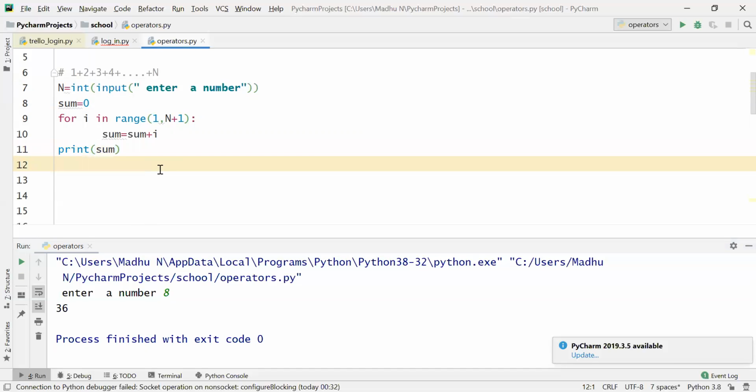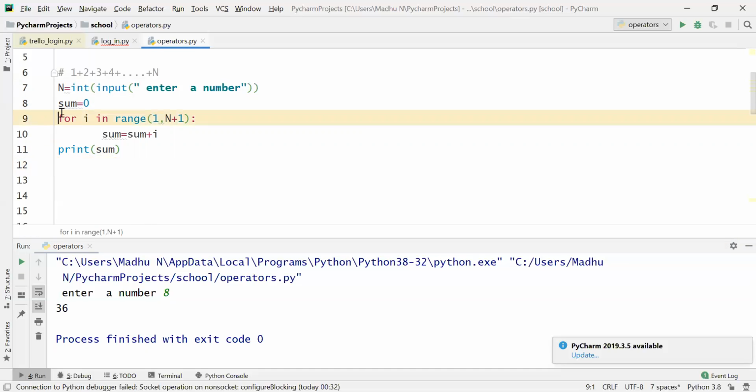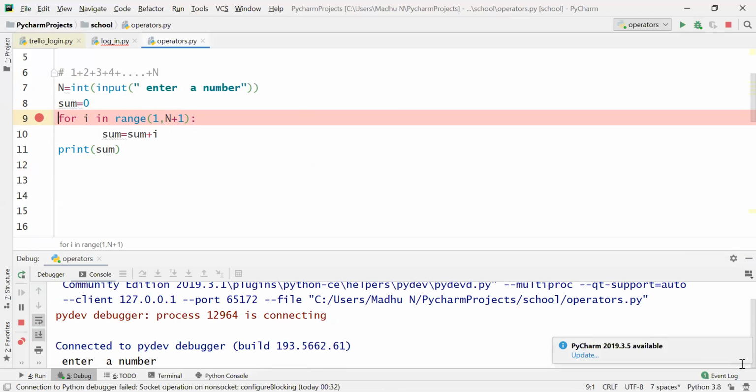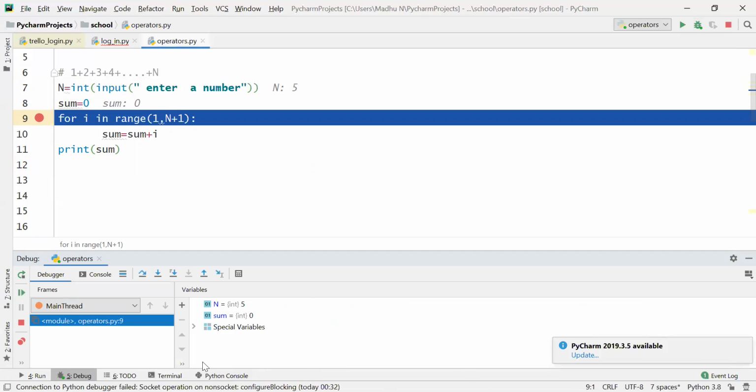Now let us see how this actually worked. Enter a number, let us say 5. Now until 5 I need. So here my loop is this.